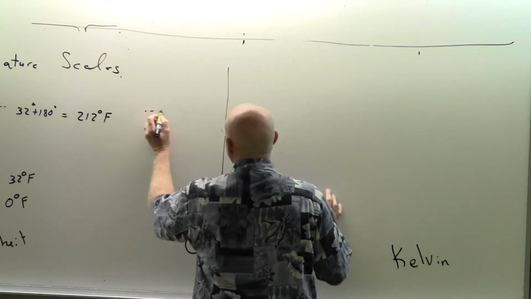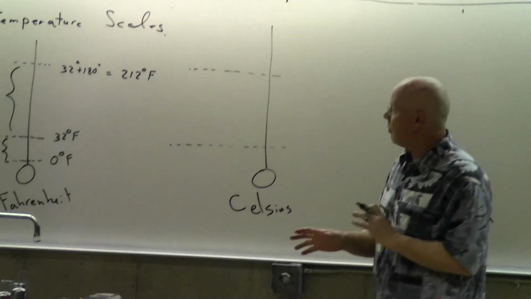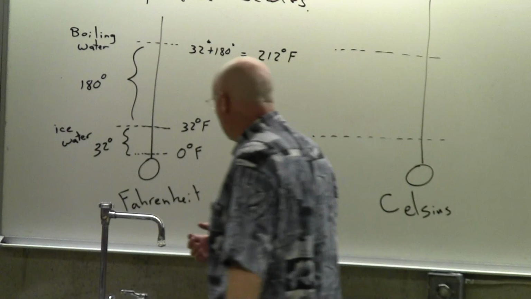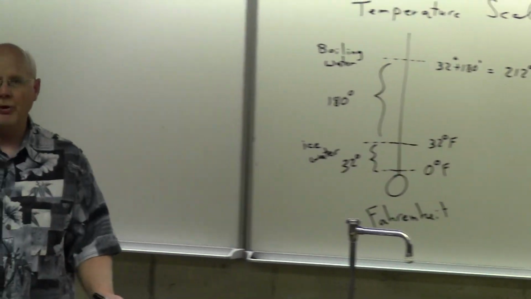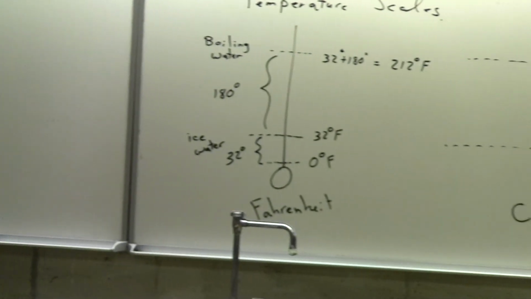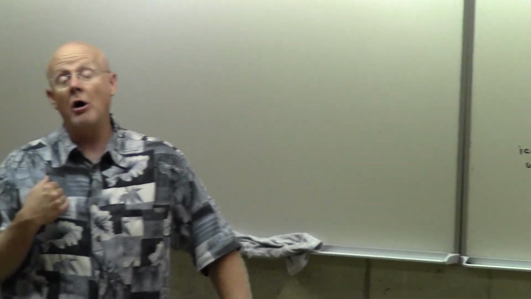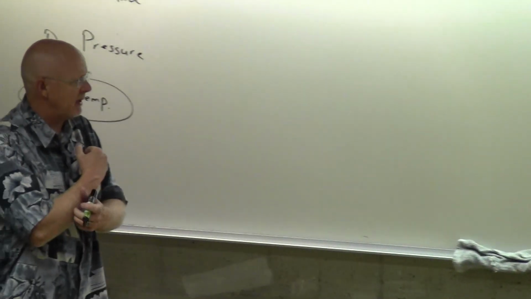So Celsius does recognize that these markers of ice water and boiling water are excellent. He does say that the salt water is a terrible idea because it depends on what kind of salt it is, it depends how much salt you put in, and so let's eliminate that as a reference point because what I do in my lab might be different than what you do, and so that's not good. But we can all make ice water and boiling water. Boiling water is really easy. Anybody can take water, put a flame under it, and it's consistent around the world. So the ice water and boiling water become excellent reference points, but the salt water doesn't.